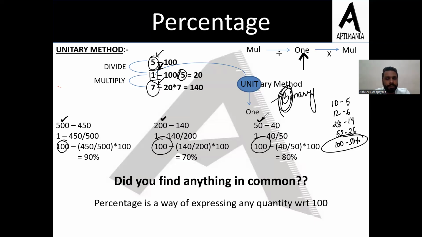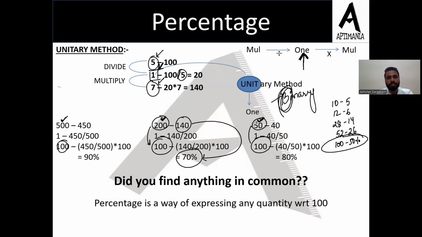ठीक है, ये समझ में आ गया? Let me take another example for this. 200 का हाफ कितना होता है? 100. And 140 का हाफ कितना होता है? 70. That's why this is 70%, because if it is 200 में से 140, आप दोनों का हाफ करते हैं तो 100 में से 70 आ जाएगा, 70% हो गया।